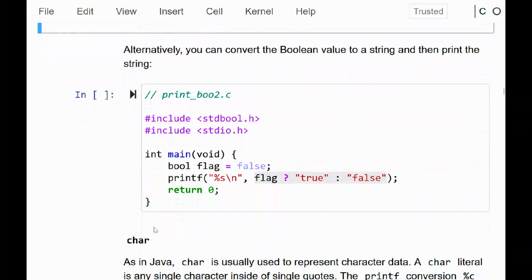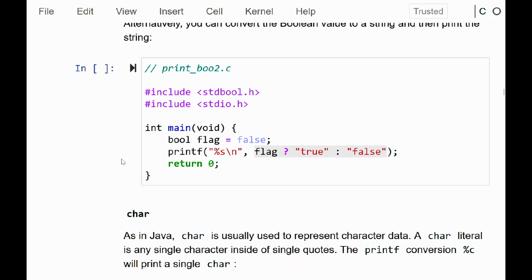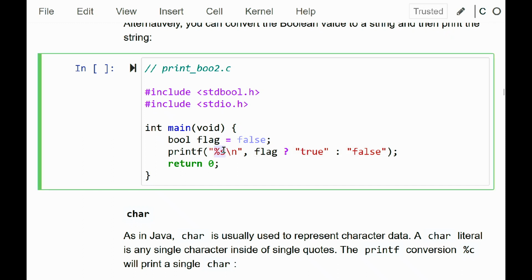If you actually wanted to print it out as a string, there's no convenient way to do it. So if you actually wanted to print out true and false, you've got to do some work on your own, right? And it turns out the minimal amount of work you have to do is the following. Right? So here I'm going to print out the string true or false. So that's a string, so I need %s as the conversion, right? Now, I want to print out the string true or false. So what I'm going to do is use